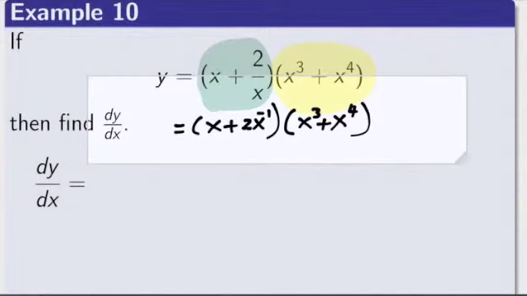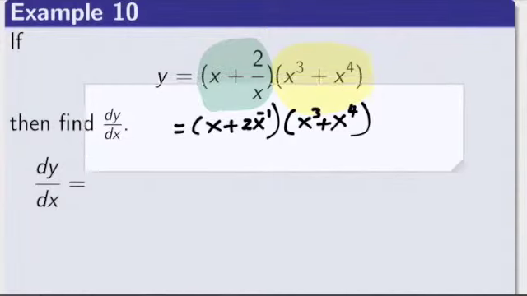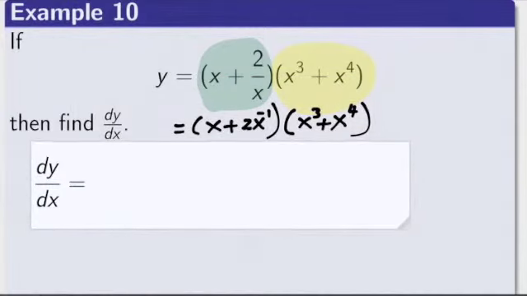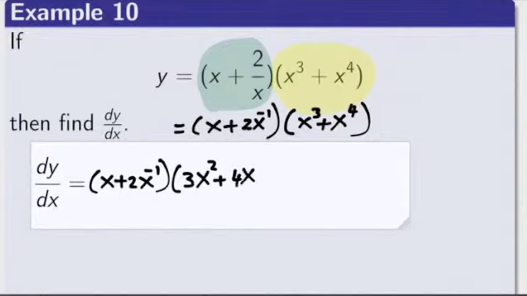So now we have written y in a more convenient form, and we can apply the product rule. So the product rule states it's the first function, which is x plus 2 x raised to the power minus 1, multiplied by the derivative of the second function. So the derivative of the second function, the one in yellow: the derivative of x cubed is 3x squared, the derivative of x to the 4 is 4x cubed,